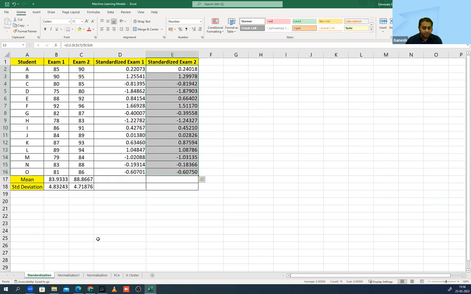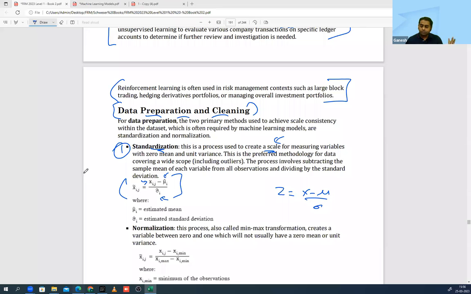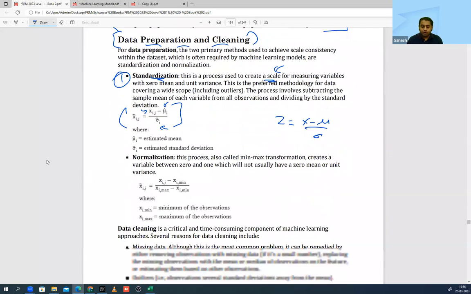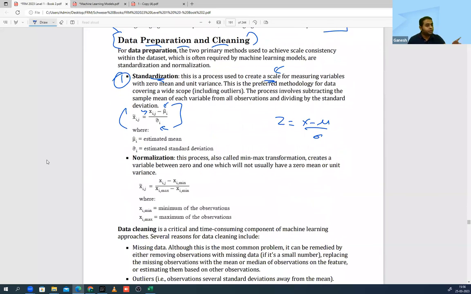This is very easy. The second approach is nothing but normalization. Now, normalization can be done in two ways. I have explained both approaches to you. The first formula is given over here, where they are using the minimum value as a reference point. There is also another method which uses the maximum value. So again, normalization means things might be very different, and you keep bringing everybody in the same order. Normal kar rahe hain sabko.